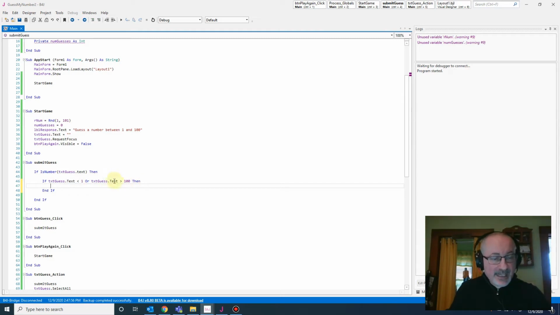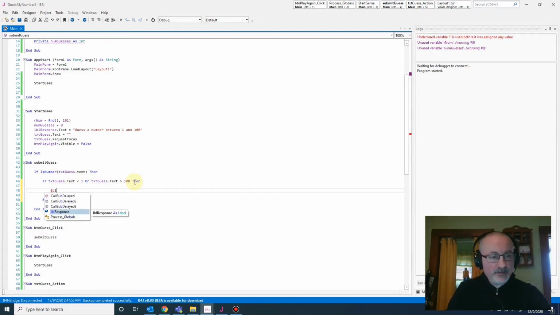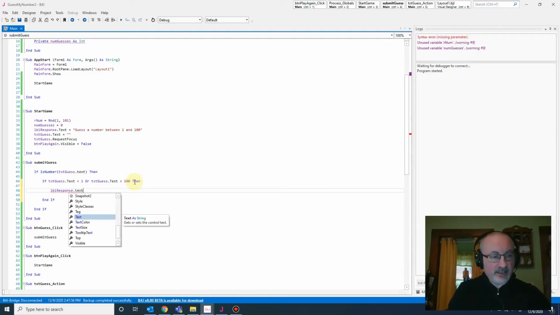So if it is outside of the range, and it's less than 1 or it's greater than 100, then we want to give them some sort of a warning. You remember, we are using the label response to display any messages that we want the user to see. So we're going to change the text of the label